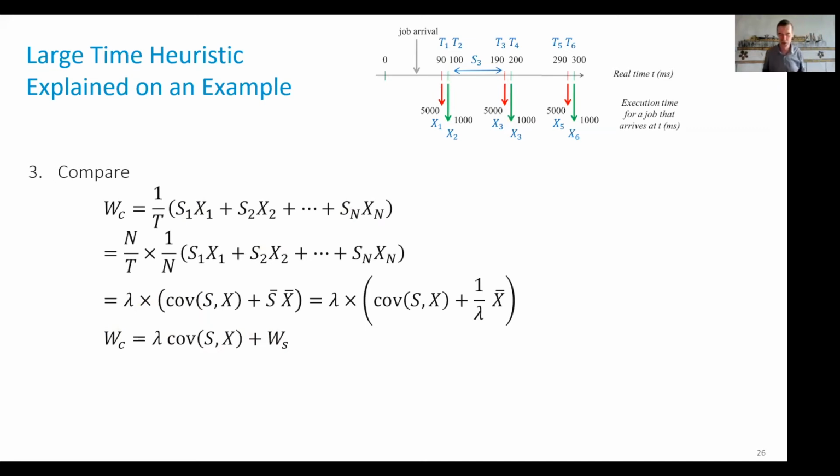So this is an example of a Palm Calculus formula. It's a formula that relates the two viewpoints and tells us, for example, when the two viewpoints will be the same. It is when there is some independence here.